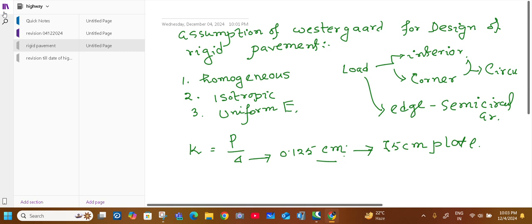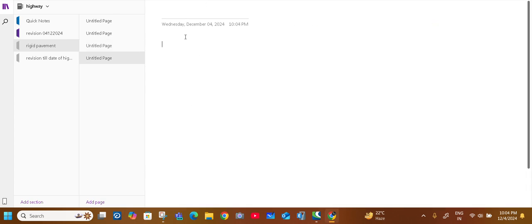So to calculate the relative stiffness of the slab to the subgrade, the radius of relative stiffness,